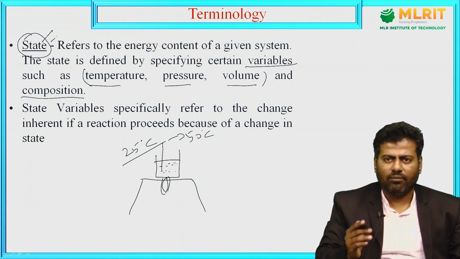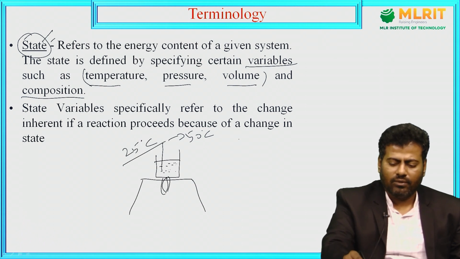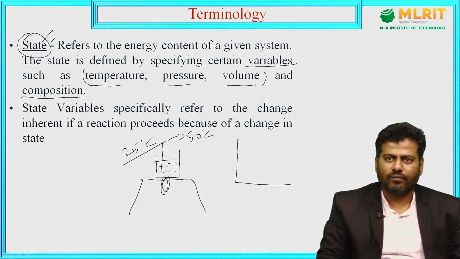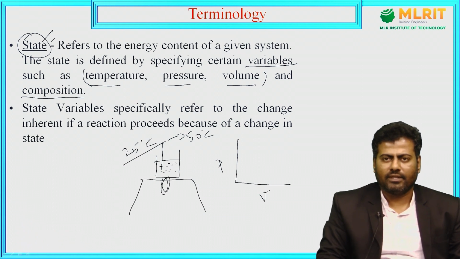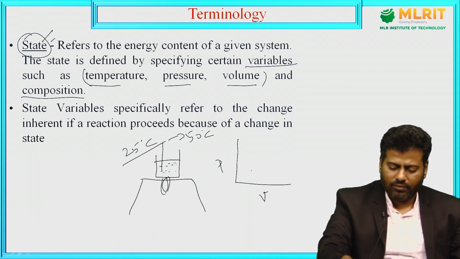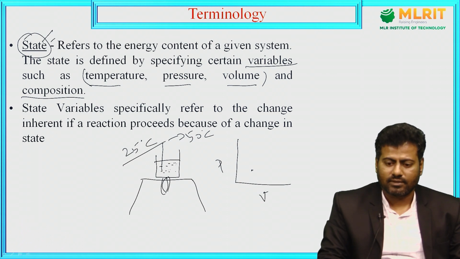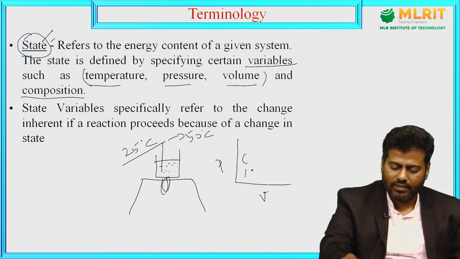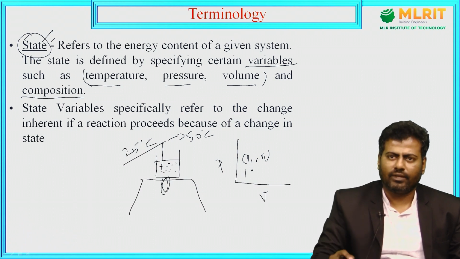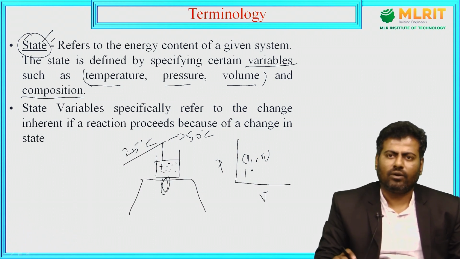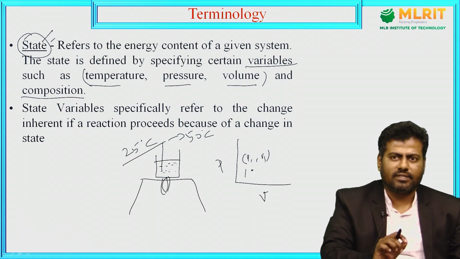In simple terms, I can measure the coordinates. Assume we have a PV diagram, which you studied at intermediate level, with pressure and volume. Before starting the process, assume this is the initial state 1. What are the coordinates? P1, V1. That is what we are trying to say. Next, P2, V2. Like that we can identify the coordinates, and that is what we call states here.